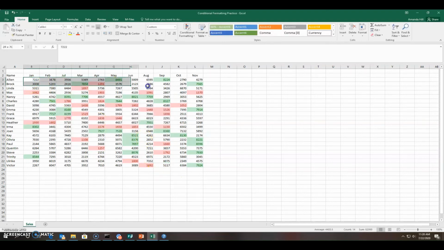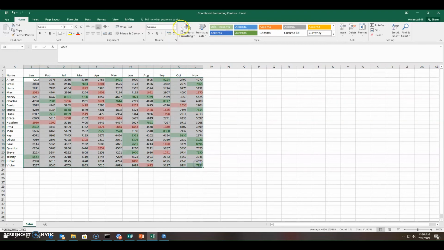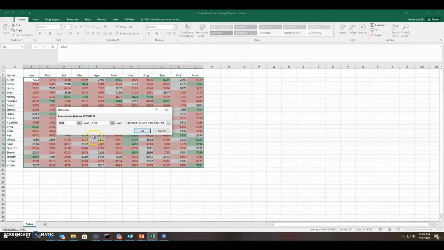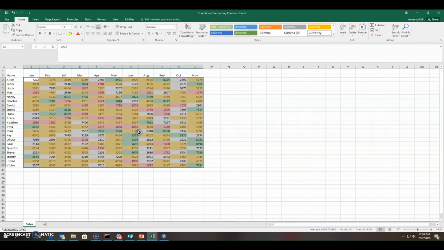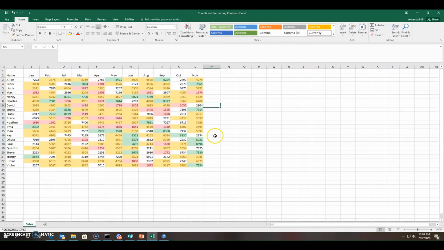And what I forgot to do was highlight this, it looks like. So highlight the chart again, and you could go between, and you could give it a number. So I'm just going to stick with the numbers that came across, which is about the same, 3,000 to almost the 75. So let's go ahead and we'll just say that these were kind of the ones that performed average. And so you can now look at this chart and identify